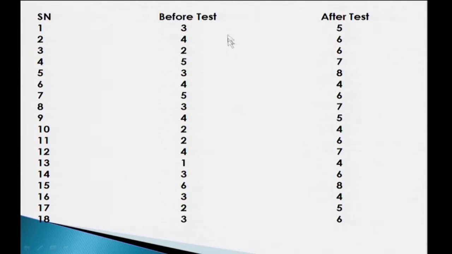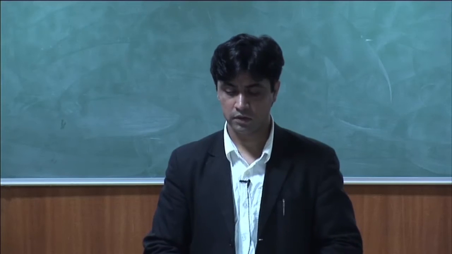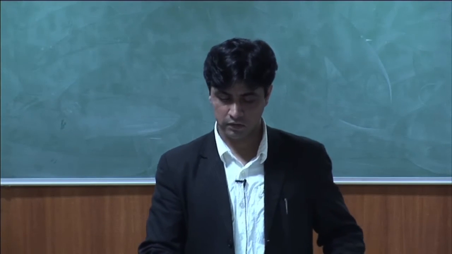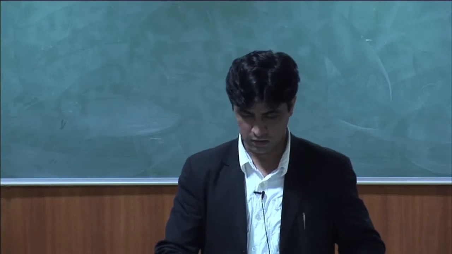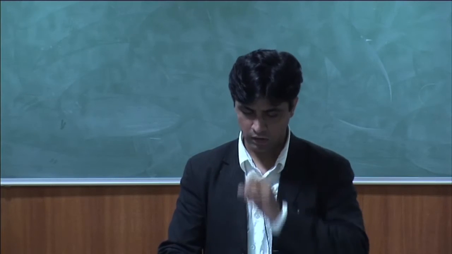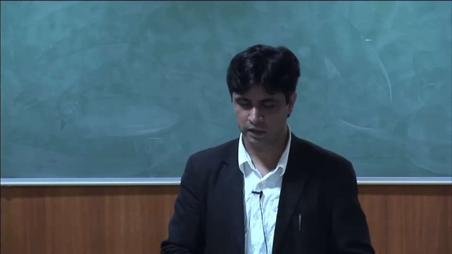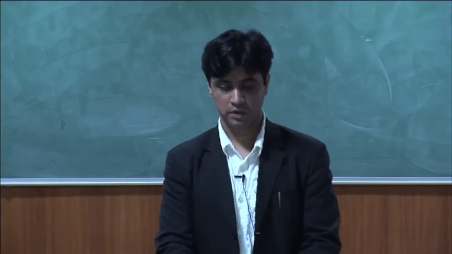So, xi minus yi you can calculate, that is di. Once di is available, you can calculate d bar. With the help of d bar you can get the s observation, then with the help of s you can get the standard error, s by root n, and T cal can be calculated. Then you can decide whether T cal is more than T tab or less than T tab. Okay.